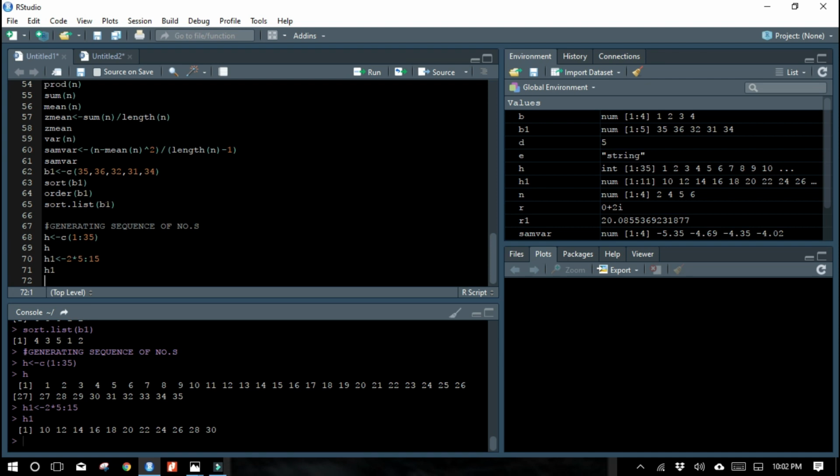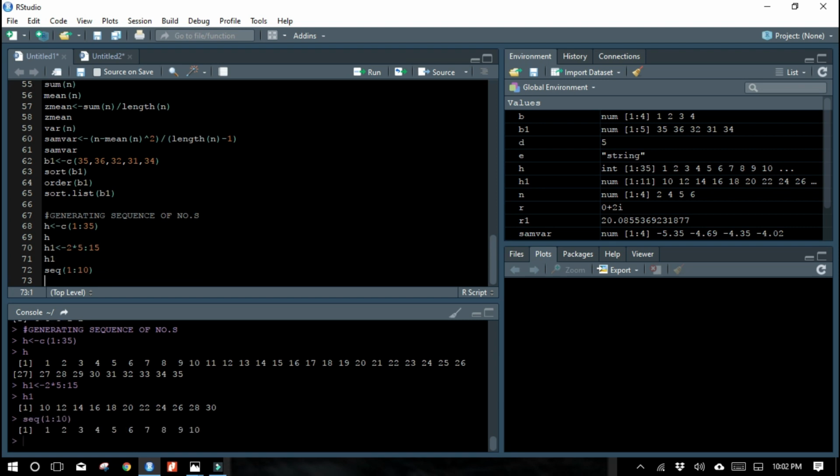This also has a function, like we have seen for the assign operator, right? We have the assign operator for vector, otherwise we can directly assign like this. So likewise we have a function for this also, that is called seq of 1:10. This also performs the same function. Okay, see here what it has given. From 1 till 10 it has printed all the numbers. So you can use this function or you can use it in this way. Whatever is comfortable for you, you can use either way.